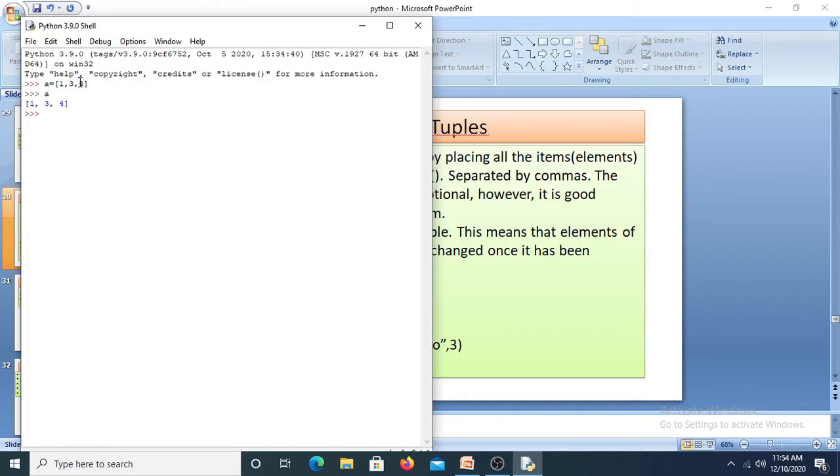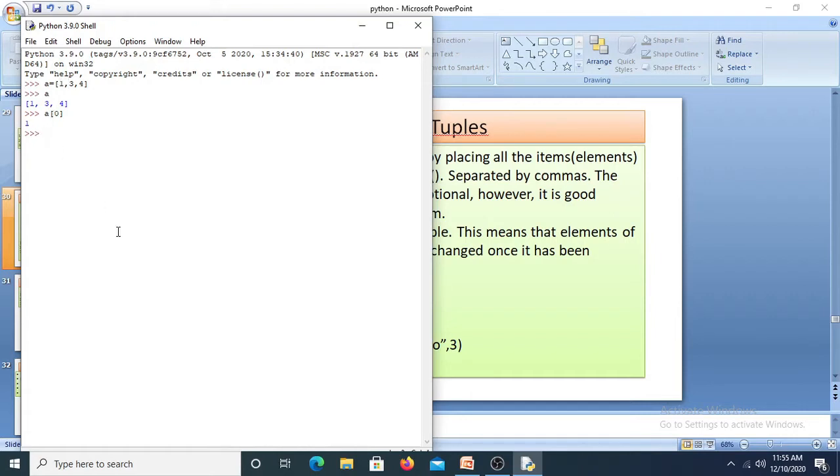So the list is ready. Suppose I want to access the value 1 here. What is the index value of 1? The index value of 1 is 0. So I will use the index value 0 to display the value 1 here.